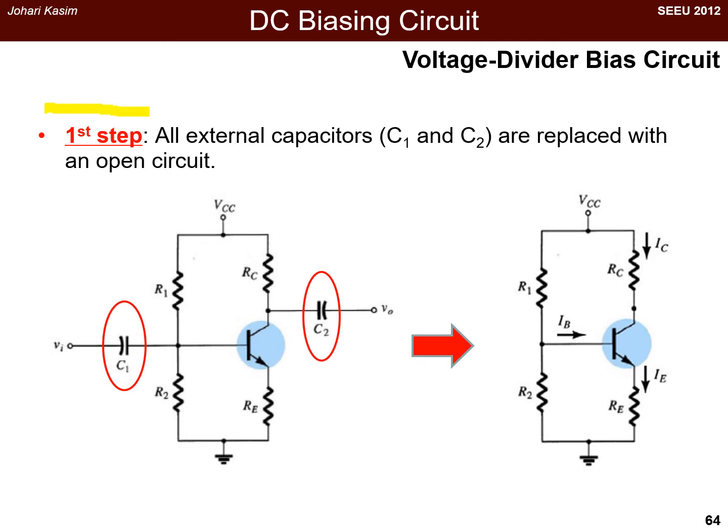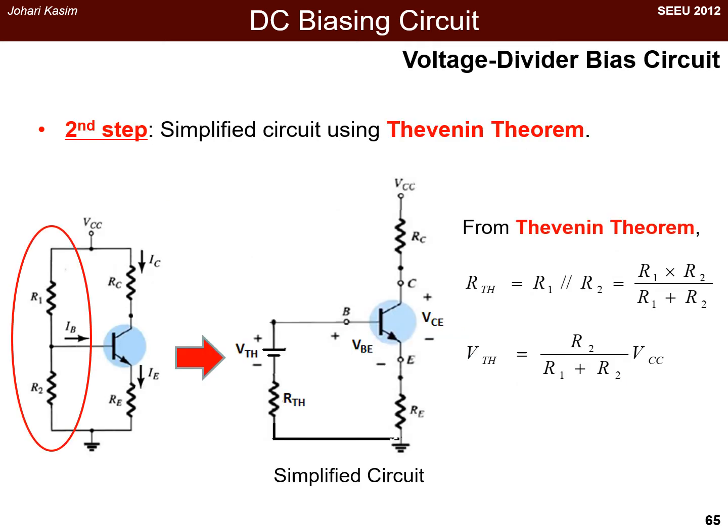Firstly, to do the DC analysis, the capacitors C1 and C2 are replaced with open circuits. Then this one is the DC equivalent circuit. The second step, we simplify the voltage divider circuit, that is VCC, R1 and R2, by opening the point of the base of the transistor BJT, and then we find the Thevenin voltage, which refers to the base, which is equal to